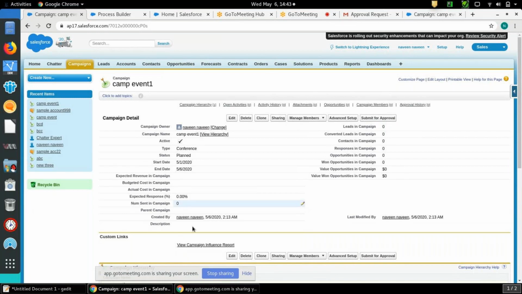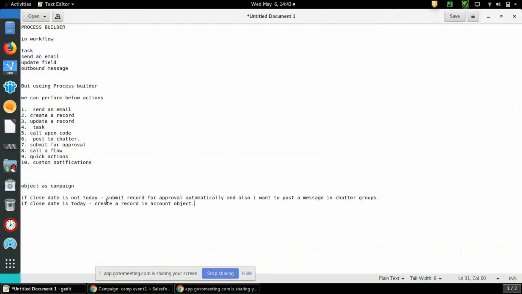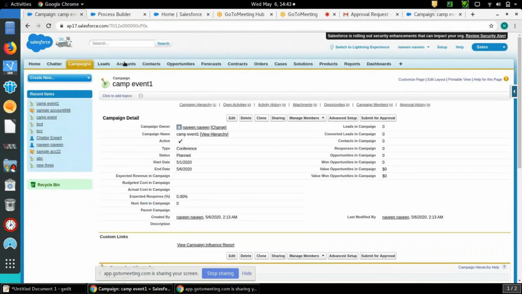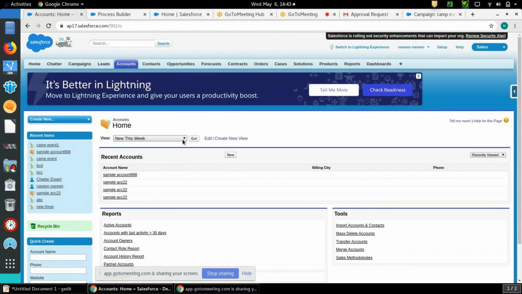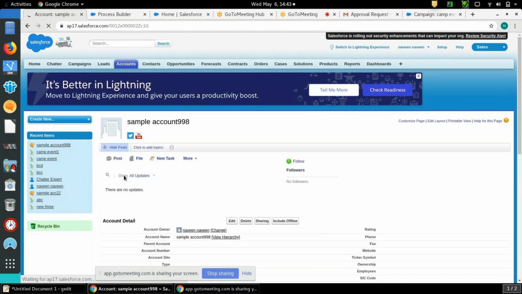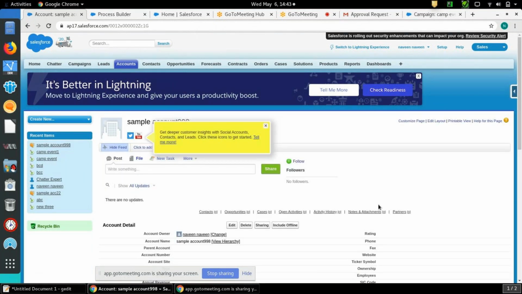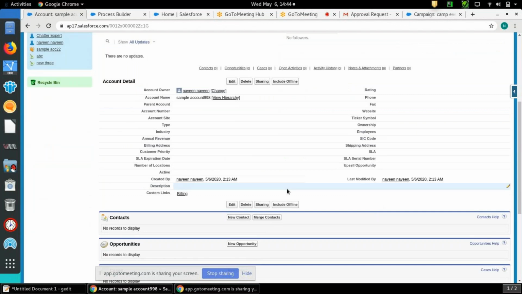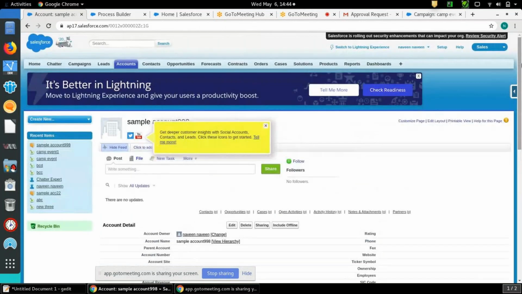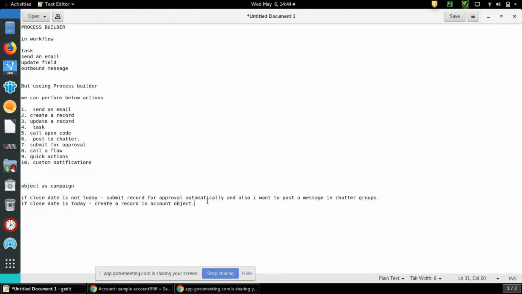In the second criteria, it has to create one record in the account object. So go to accounts. Can you see? I have mentioned this sample account 998 record name while creating the process. So it was created just now, according to this EST timing, 5/6/2020 at 2:13 a.m. So what we have learned about process builder today, and we have seen one example also with new conditions.